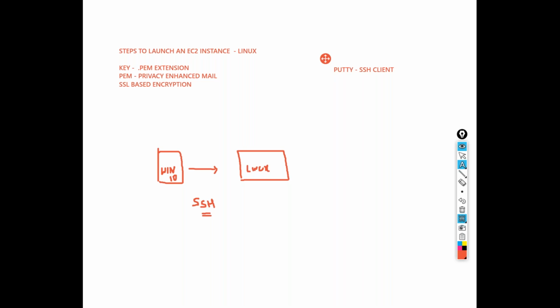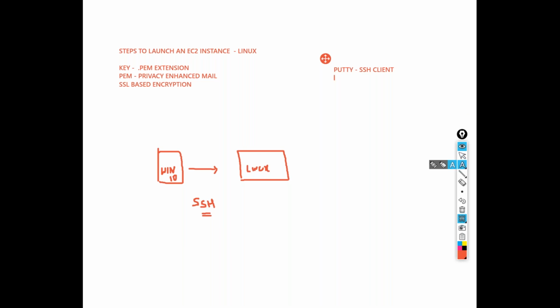So how to install this PuTTY, we'll see. PuTTY is a free software, and it is an SSH client used to connect remotely to our Linux servers. Once we log in, we can execute commands. So you need to download and install PuTTY on your laptops and desktops. Later, as our classes proceed, we will try to use some other software to connect to the servers. As of now, just try to download PuTTY.